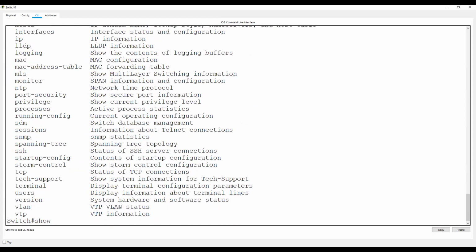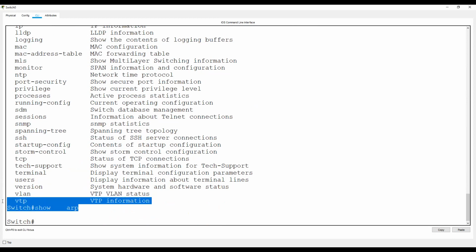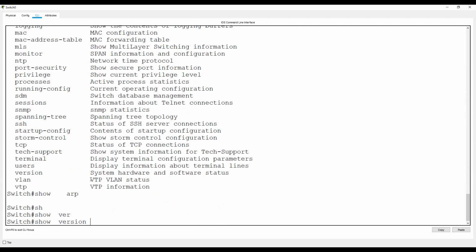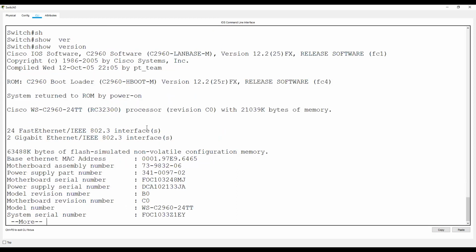Okay. As an example, we're going to put the command show ARP. You don't have anything. The show ARP will form once your sender and receiver start communicating. One of the simple commands which we can see is show version. You need to practice all the possible commands which you can see here. The show version command shows the version of the switch. You can see here 12.2 is the version of the specific model of the switch.